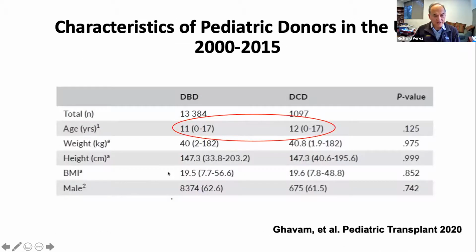So that's not a very large experience. And when you look at the actual donors, pediatric kidney donors, they're usually young adolescents. The average is 11 to 12 in both brain death and